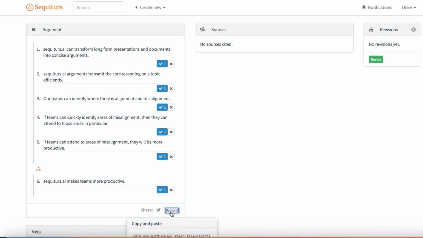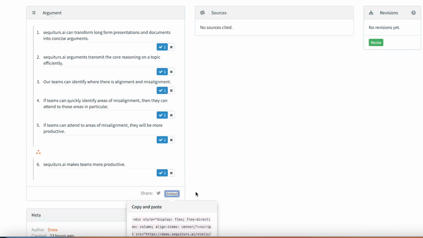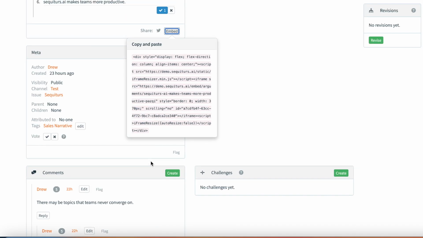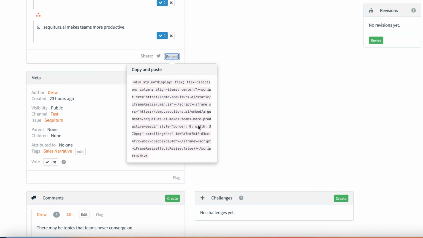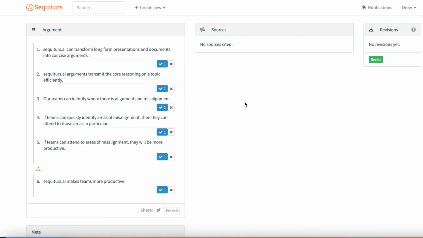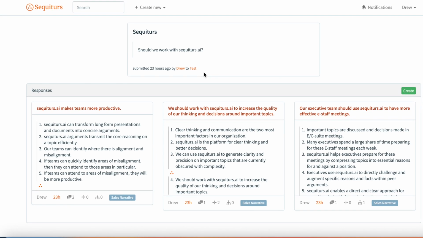Finally, Sequiturs AI arguments are information rich, and can be ported into Confluence or any other document form. We can create dashboards of arguments for a specific audience type or industry. We can create objection pages, objection handling pages. We can really port these arguments to any environment we want so that the team can reference these during calls,